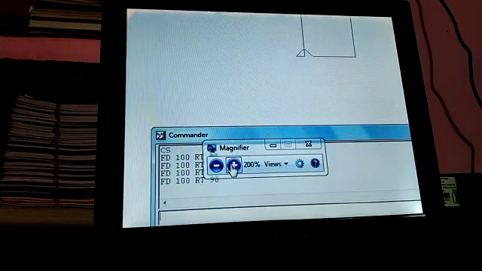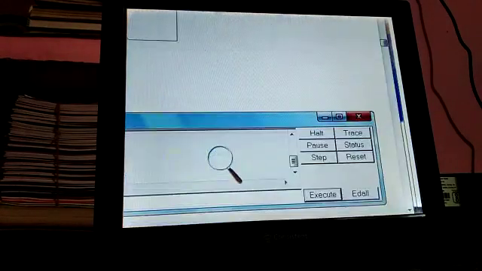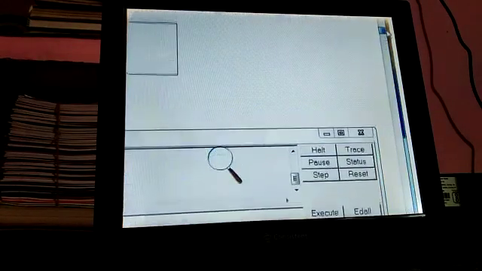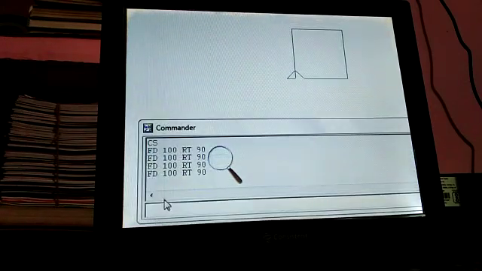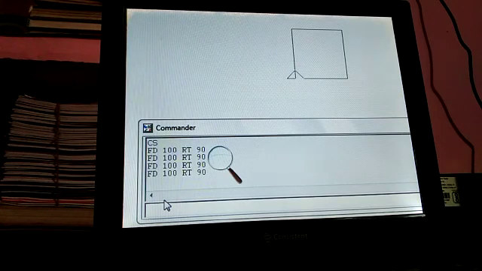Please look at here, my dear students. It is FD 100 and RT 90. This command is repeated 4 times. You know that 4 sides are equal, so it is the square.